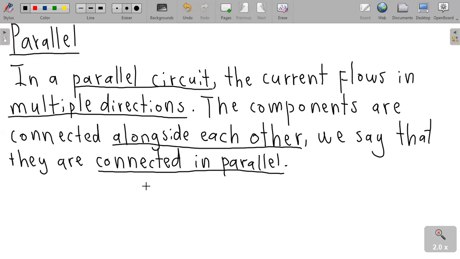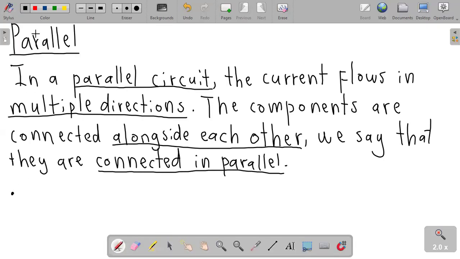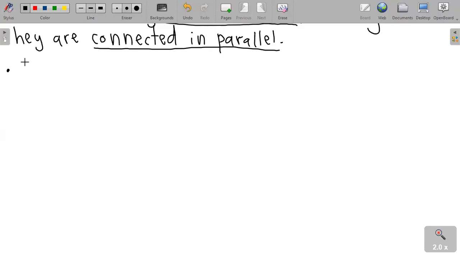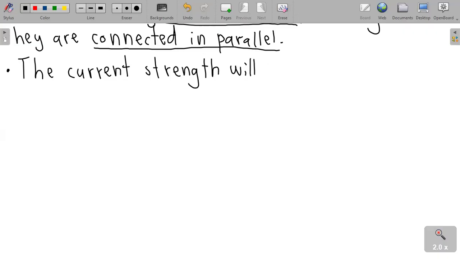So the ammeter works the same way. The ammeter will measure the current, but in this case the ammeter will measure different currents. So the current strength is not the same here, you see. So what we can see here is that the current strength will differ